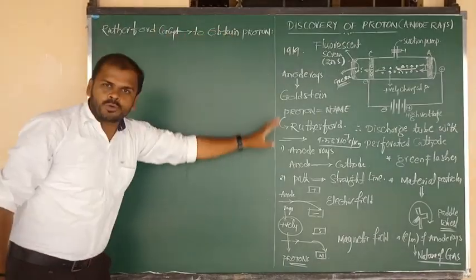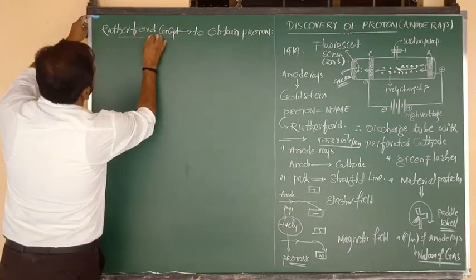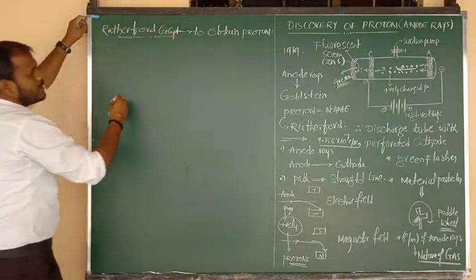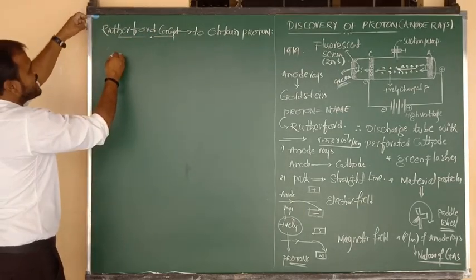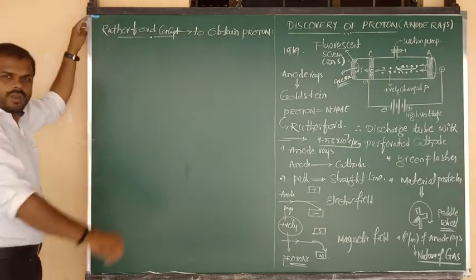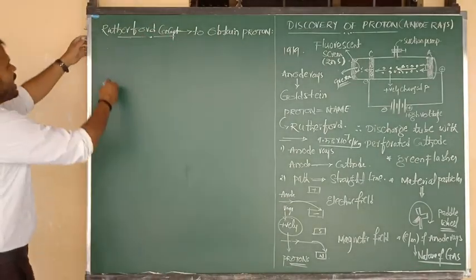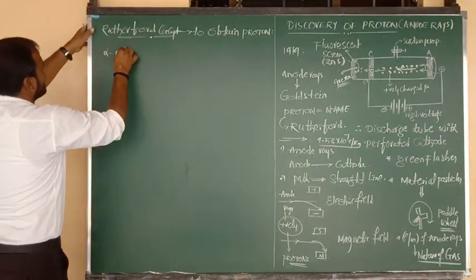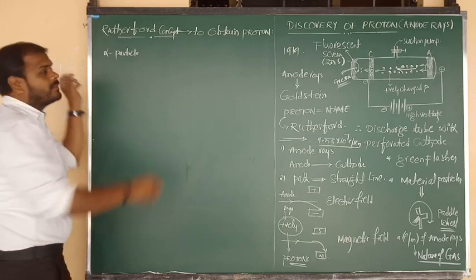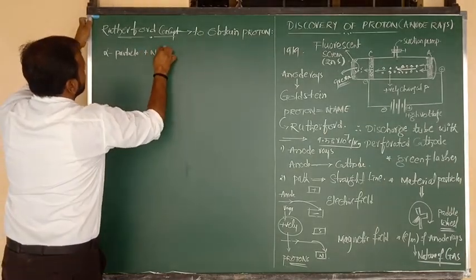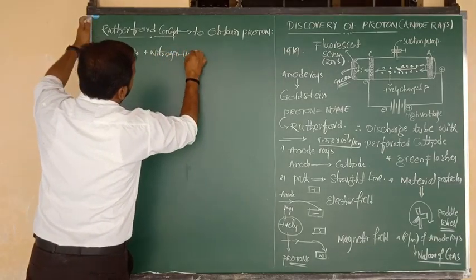So how to obtain proton? By the concept of Rutherford that I am going to show you. It is also important for you. First of all he did one small experiment. He first took a particle, the alpha particle. What is meant by alpha particle? Simply I am going to show the statement first. He took an alpha particle and made it collide upon the nitrogen molecule, or we can say nitrogen atomic nucleus, or nitrogen 14 atom.